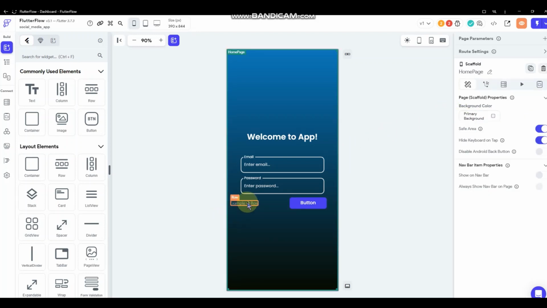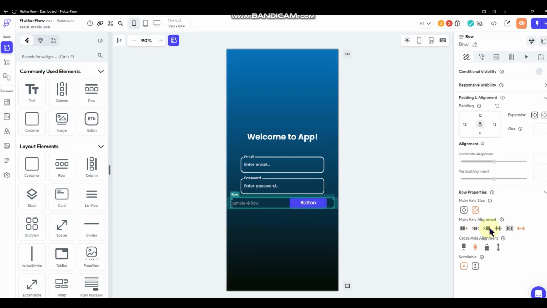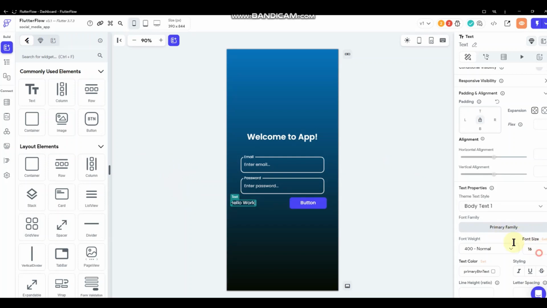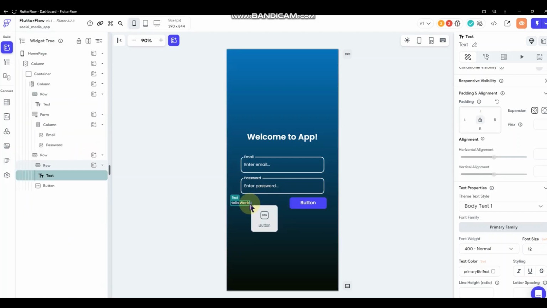All right, so in this little row that I created here, the reason I did that was I want to add some text and then another button, and I want those two things to be grouped closely together. And so I have to put them in their own row, since the primary row is splitting these two to the very end here. So that way I'm not having to do a bunch of padding on all these various things to make them fit where I want to. I just put another row inside that row, and then I can drop some text in here. And set that to white. It's way too big. And then I can do another button,